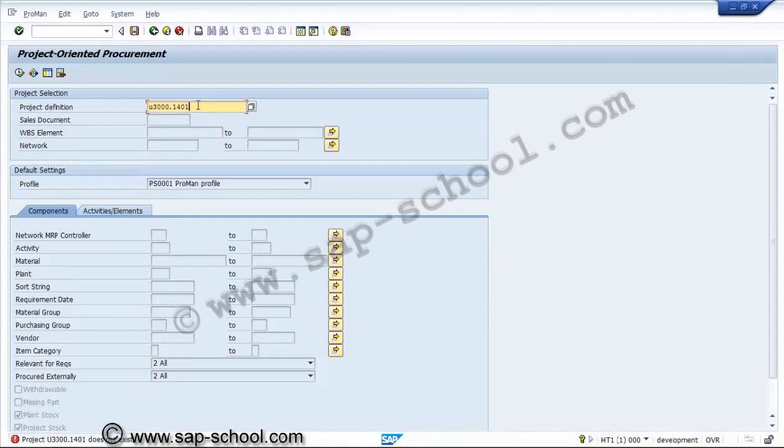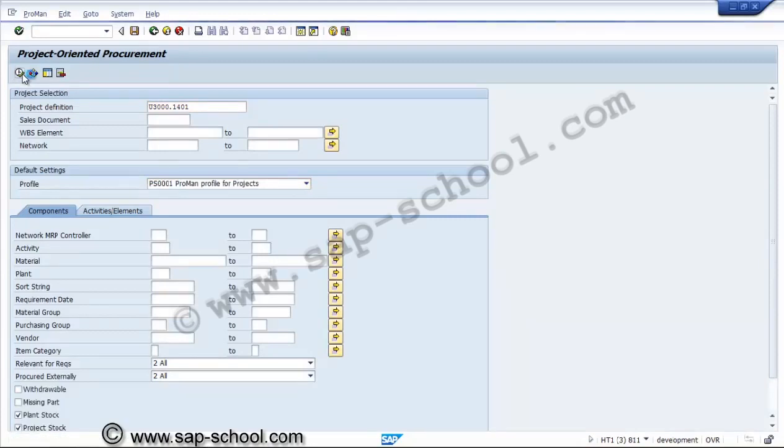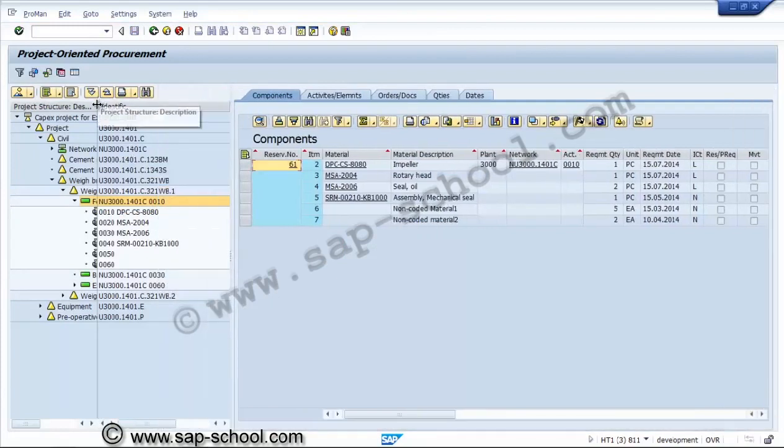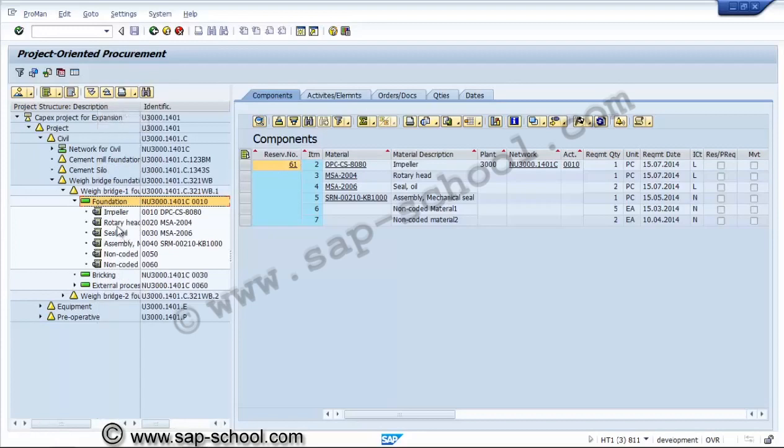U3000, that does not exist, wrong. Now we'll see the project definition. What is the project oriented procurement result for the project U3000.1401? Now here we can see clearly, against a project, this is the project definition and this is one activity.